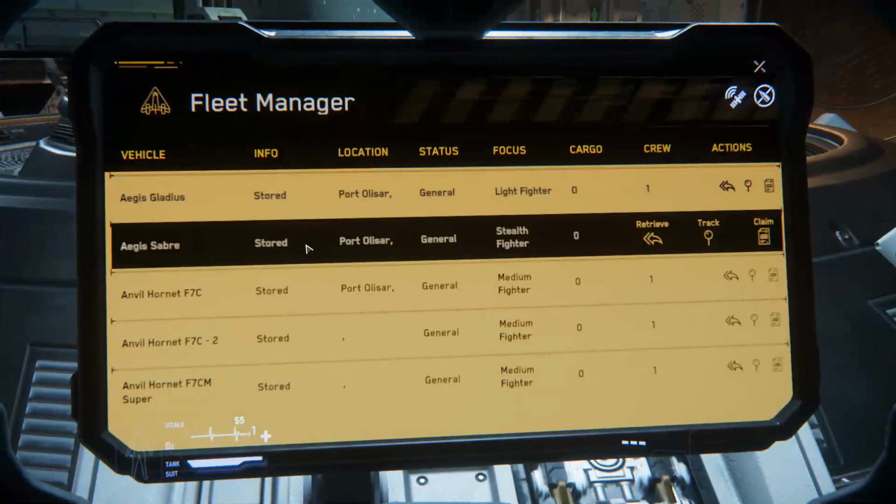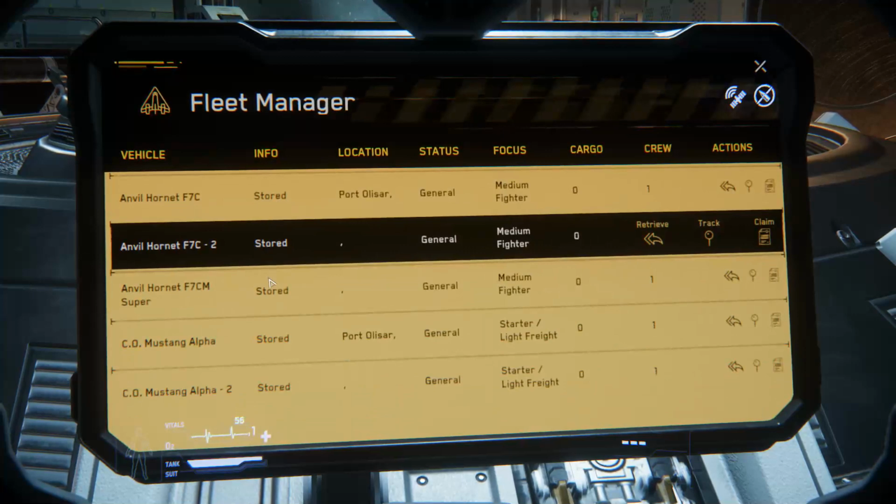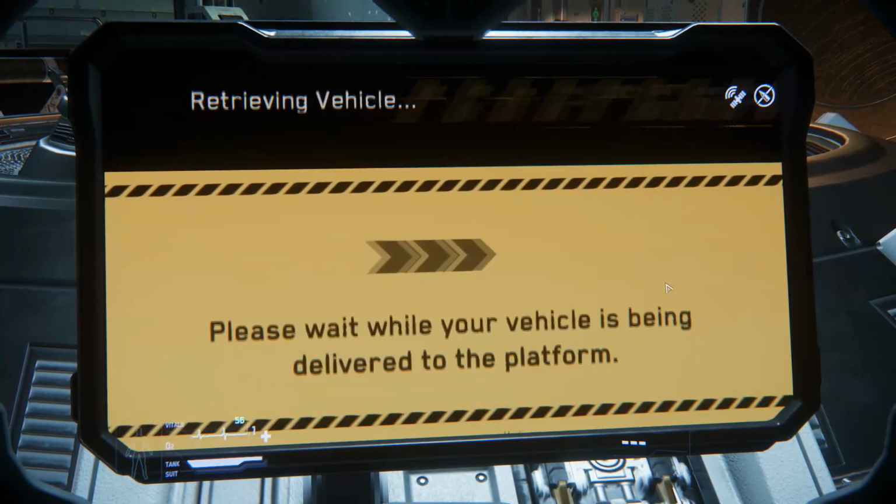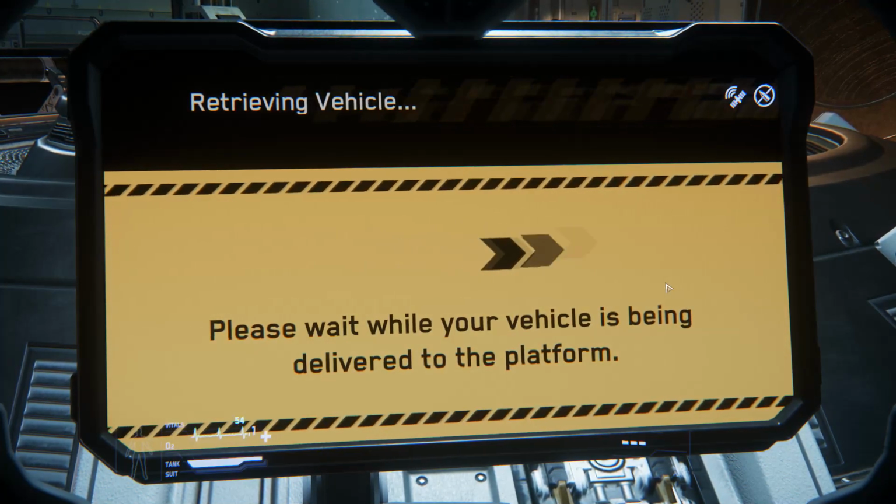Now, I've got a lot of ships in here that are loaner ships, and there's a weird bug in here right now where the ships that I've unlocked using rec points, I can...